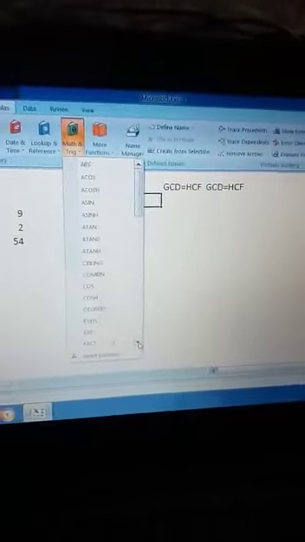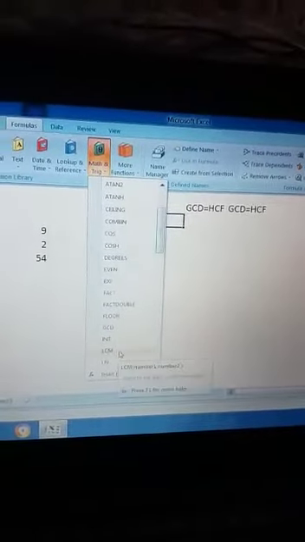Understand? That was the manual method. Now, how will you calculate by formula? You will go to the formula bar, then click maths and trig. Now select from here.